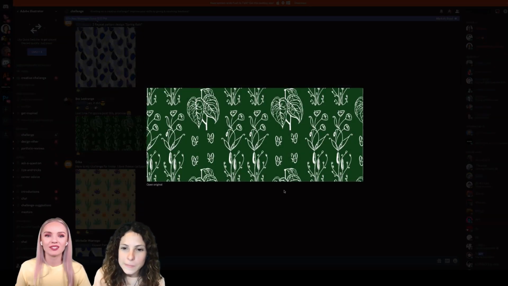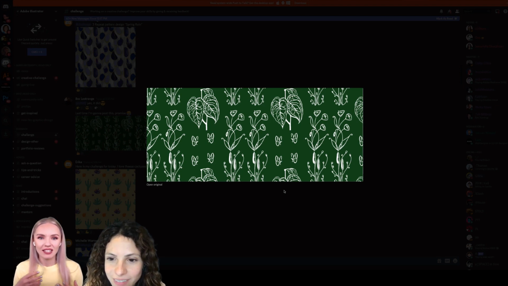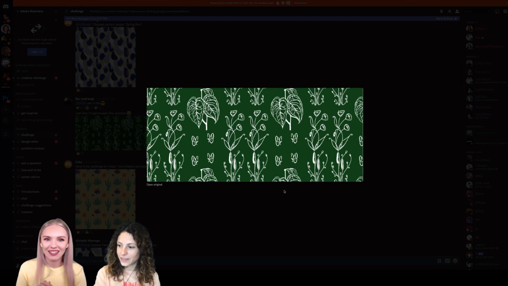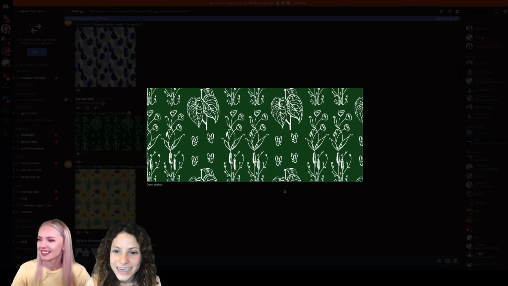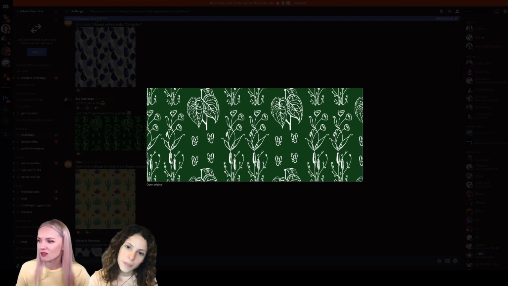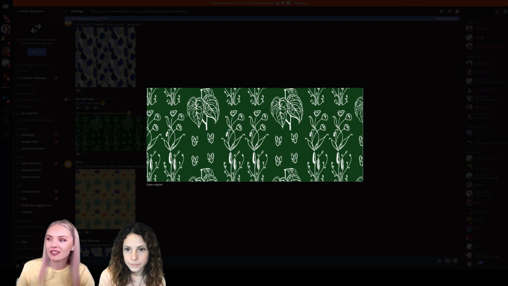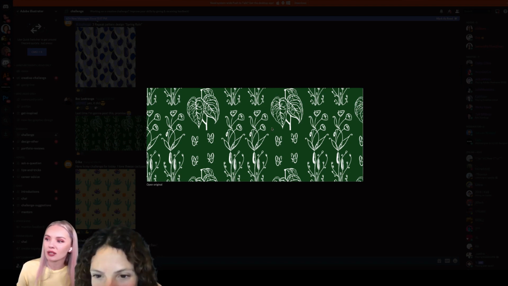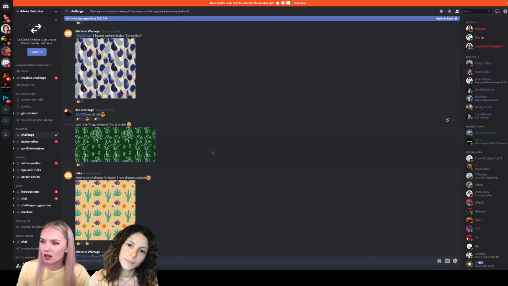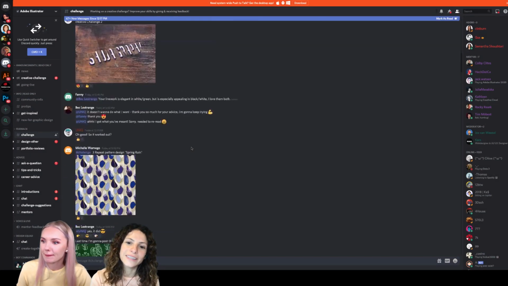This reminds me of those science books when scientists used to draw the different plants and what they do to the human body or something like that. Like herb scientists. Yes, it's really cute. I really like this. Yeah, it's really nice. There are also little elements that almost look like butterflies. And also this color combination works really great. The darker green and the white on top. I just think it's very well done. Great job.